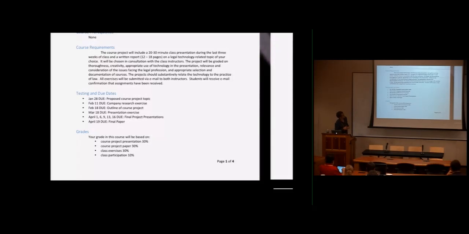February 18th was the due date for the outline of the course project. So again, this gets into the iterative feedback and the rubrics that we keep hearing about. We don't just want to give a final grade and have the students sail through the semester not knowing how they're doing. We wanted to give them some iterative feedback along the way. In addition to the original course topic idea, which was just a paragraph or more, we had them outline their idea and flesh it out a little bit more. We did have a lot of questions about this particular assignment because I don't know that we were overly clear. But basically Steve and I wanted them to